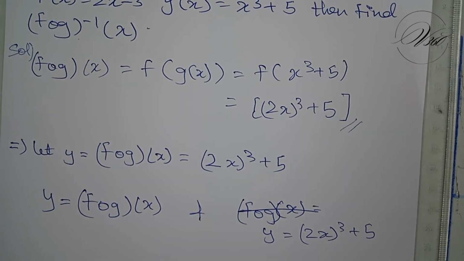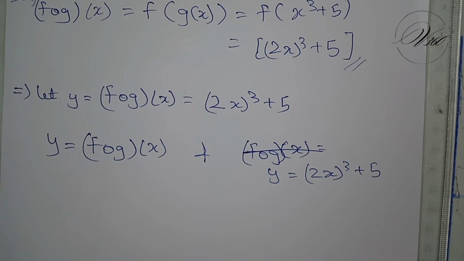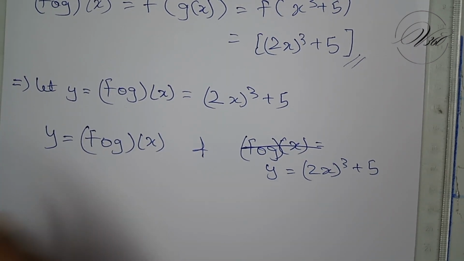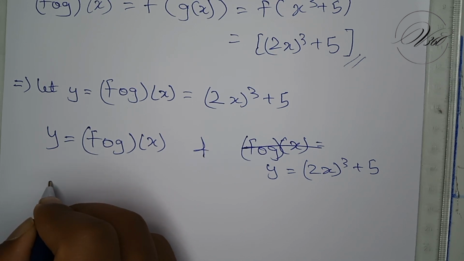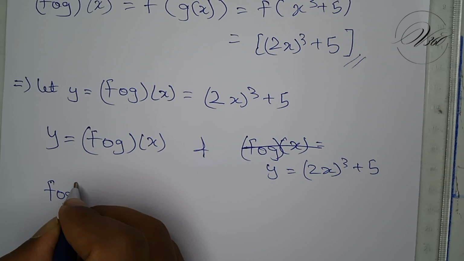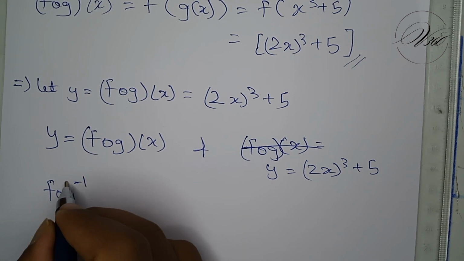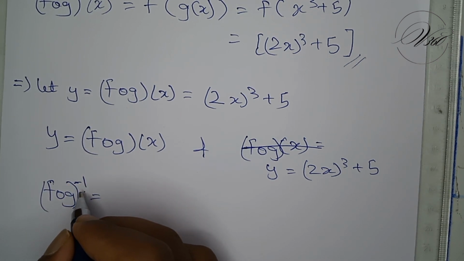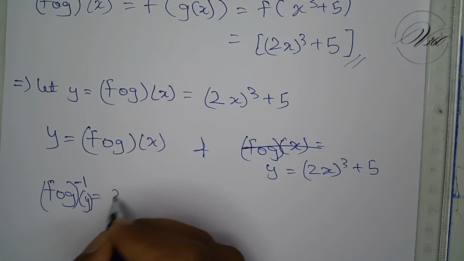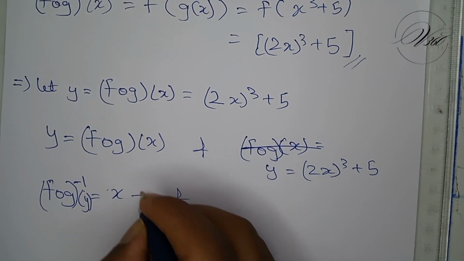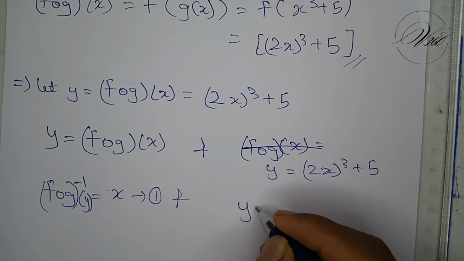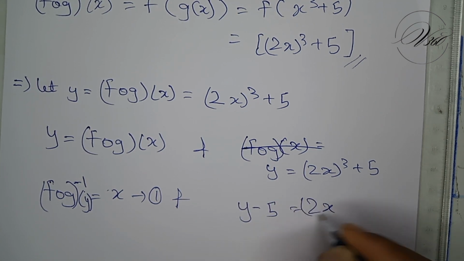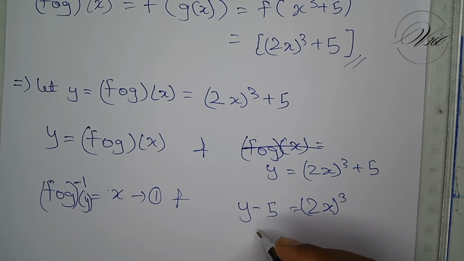Okay, now we are going to solve the problem totally. Now f of g whole inverse of y is equal to x. Okay, this is the first equation, and the second equation is y minus 5 is equal to 2x cube, and